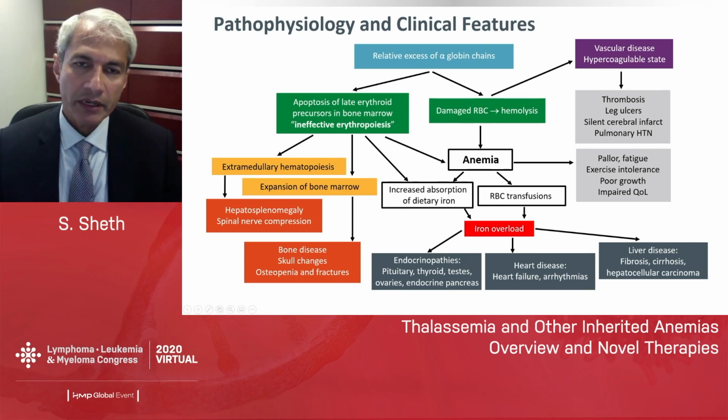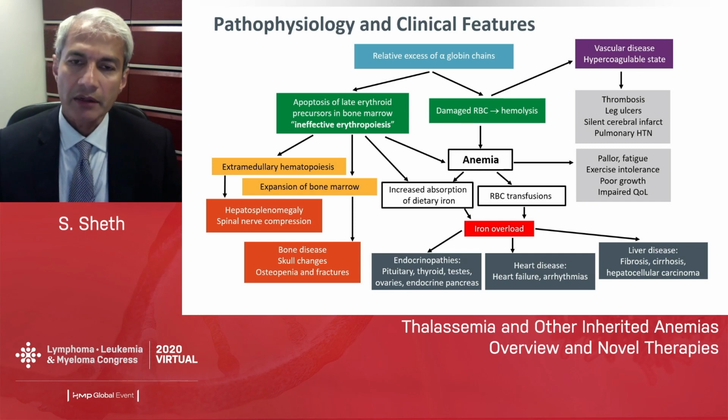Hepatosplenomegaly results. You can have little nodules or nubbins of erythroid marrow that come out of the vertebral bodies that can actually cause compression on the spinal nerves or even the spinal cord. And so back pain in these individuals is very serious and has to be taken very seriously. And then because of expansion of the bone marrow, there's significant bone disease, changes in the skull bones that result in abnormal facies, and then osteopenia and fractures as a result of thinning of the cortices of the bone because